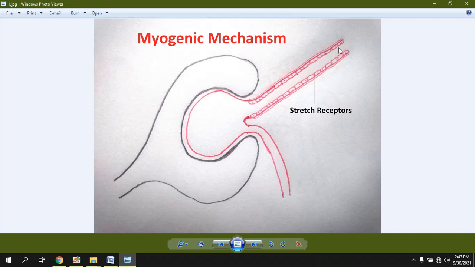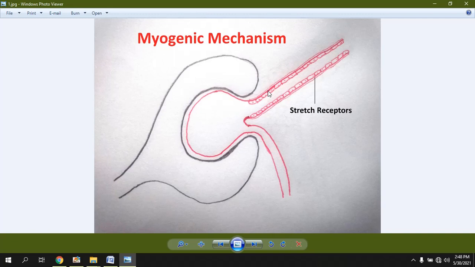How? As you can see in this diagram, this is the afferent arteriole, this is the glomerulus, and this is the efferent arteriole. When the blood comes through this afferent arteriole into the glomerulus, the blood is filtered over here, and then some of the blood will reach the efferent arteriole. If the blood pressure is raised, when the blood pressure becomes high, the pressure of the blood against the wall of the afferent arteriole is increased. When the pressure of the blood against the wall of the afferent arteriole is increased, this rise in blood pressure is detected by the